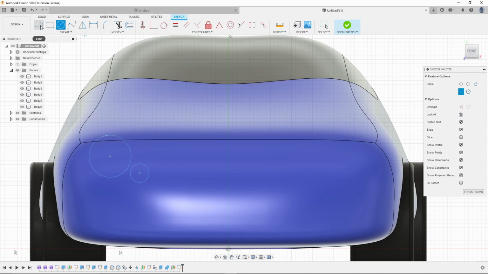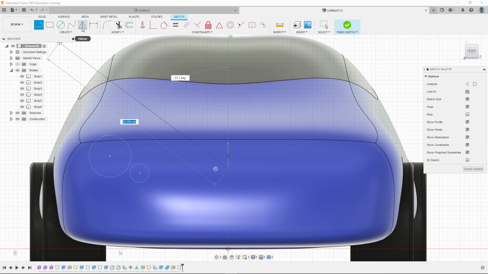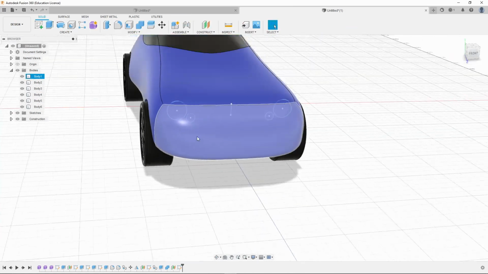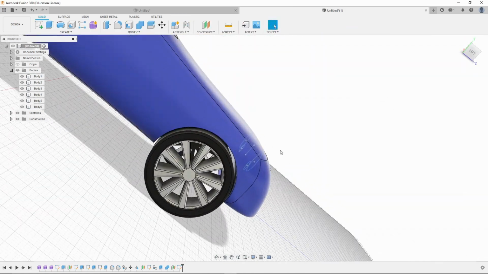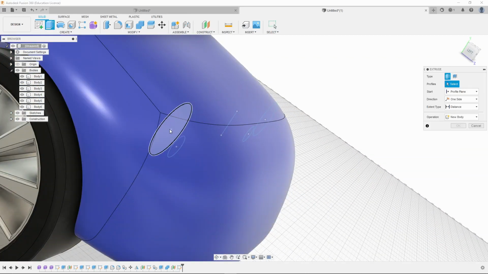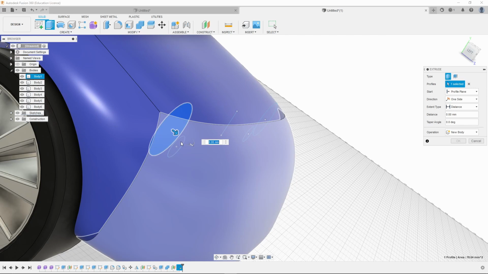And then using the line tool, I'm going to put a line up the middle because I'm going to reflect using the mirror again those two objects in that line there. And as you can see, they appear over here. So finish sketch. So I've got that sketch back there. And what I need to do now is extrude this,